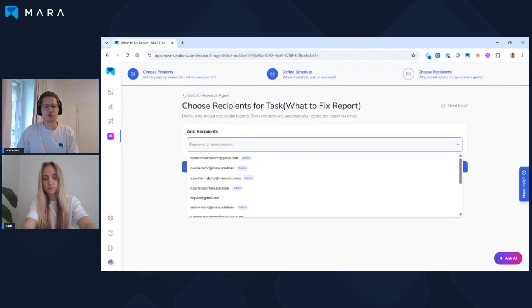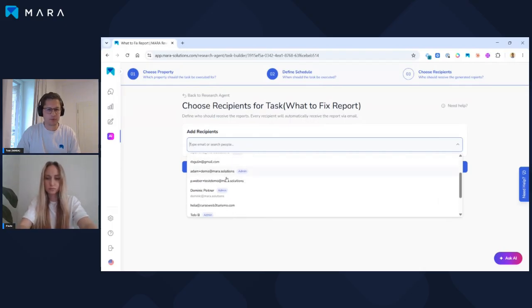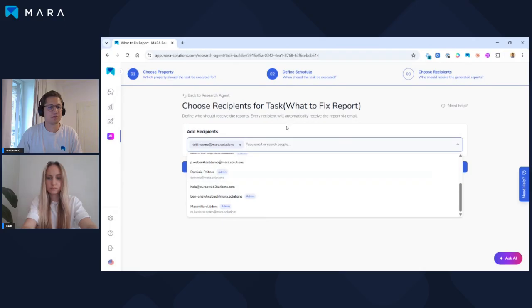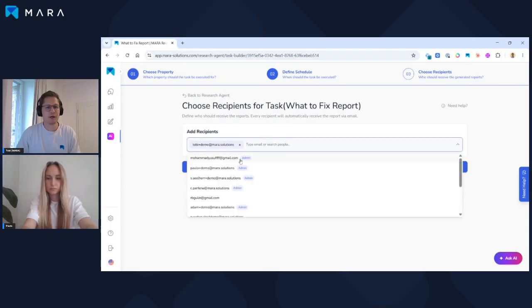And in addition, you can then select the people who should receive this report automatically. I'll now choose me, and you get a proposal of all the users in your account. But you can also type in any kind of email outside of Mara. So if your F&B manager, for example, doesn't have a Mara login yet, you can still add that person's email